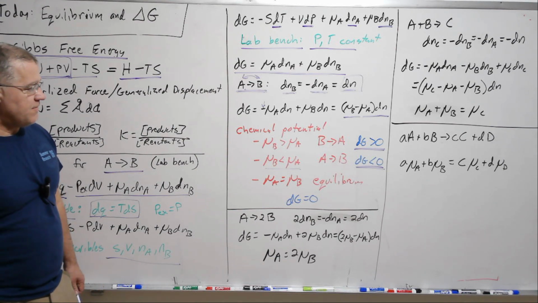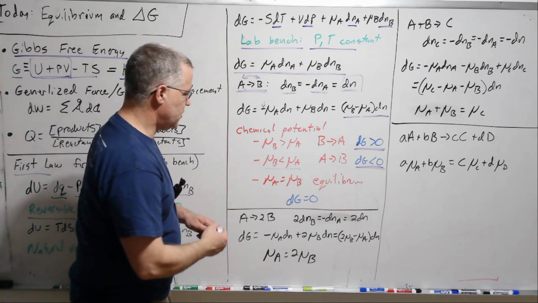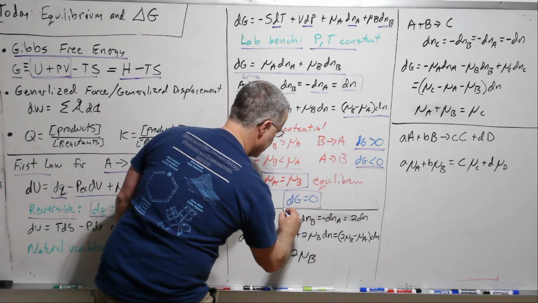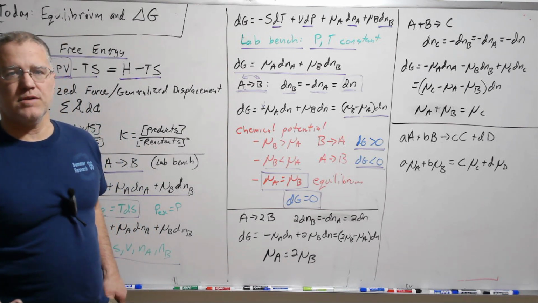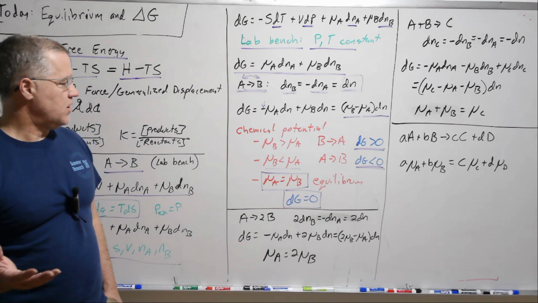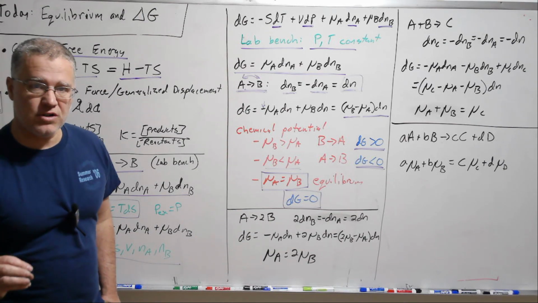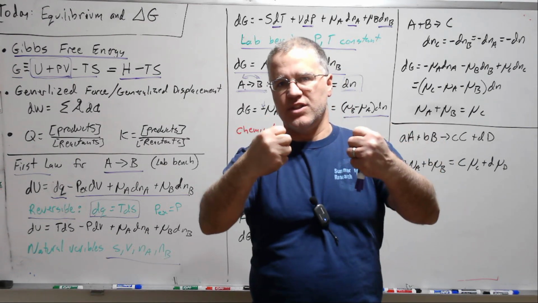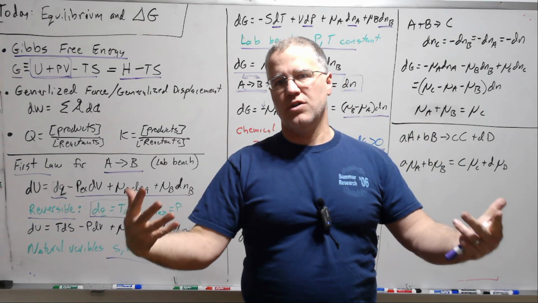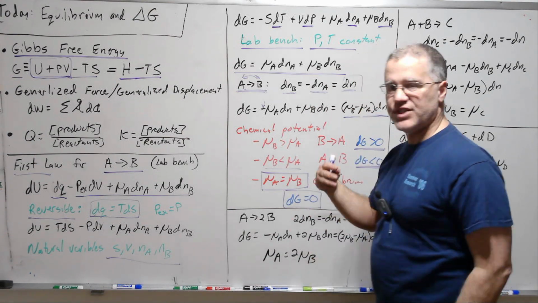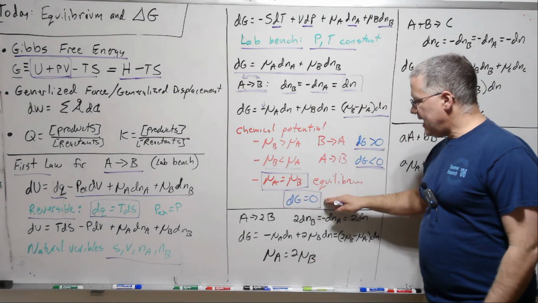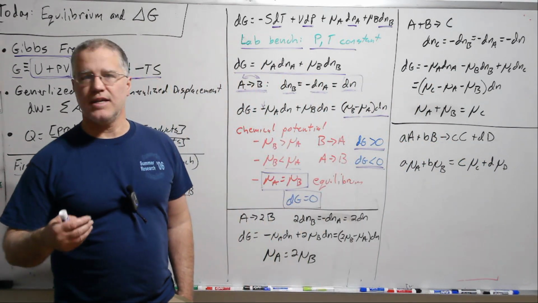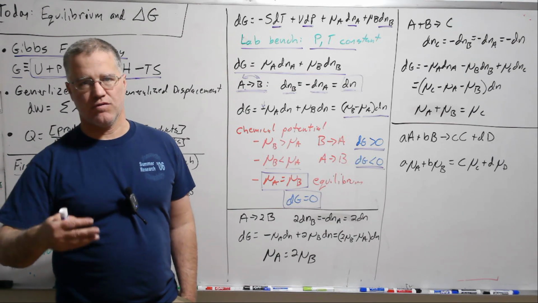Okay. Then finally, we have a criteria for equilibrium, and we have two here. So we have two equally valid and equally important criteria for equilibrium. At equilibrium, the chemical potentials are equal, which makes good physical sense. The driving force to change A is equal to the driving force to change B, and so we've come to this chemical equilibrium. We don't see any net change. And then delta G is 0. So delta G equaling 0 is an important criterion for equilibrium that we'll see over and over through the whole